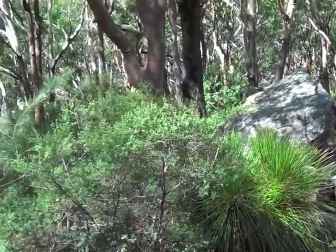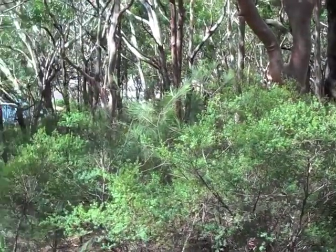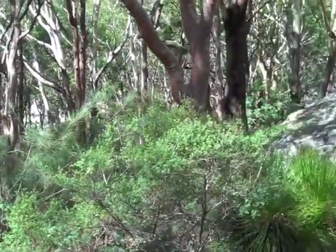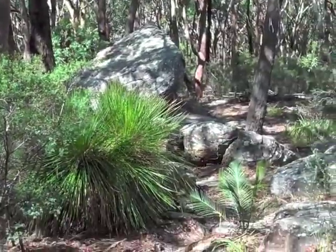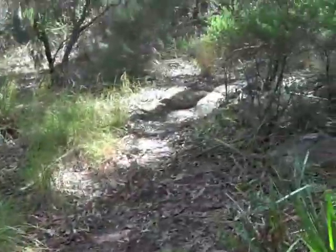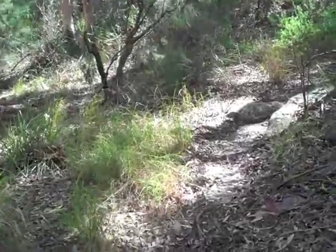Hey guys, just climbing up Blackwall Mountain today. I don't know if you can see the rooftops down there through the trees, but that's where I've climbed up from. You come up the trail, it's very steep, very windy, and then the trail keeps going along up here,